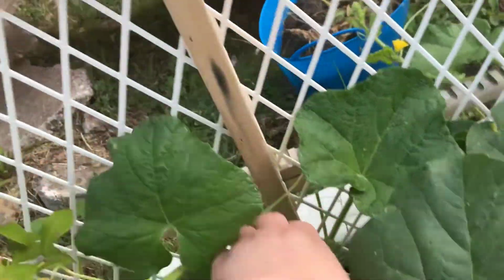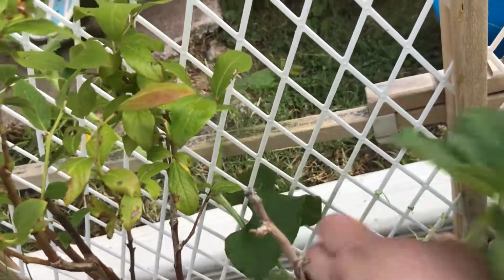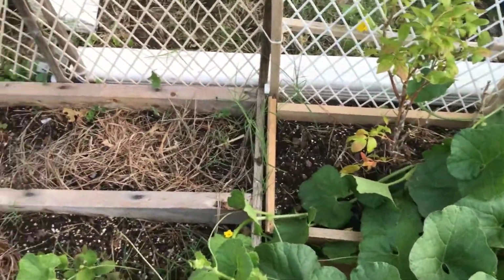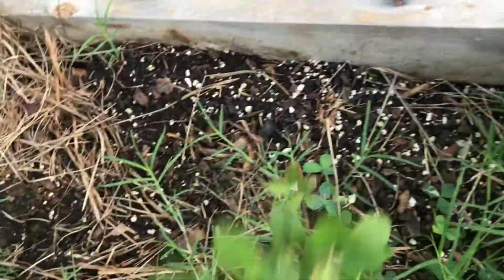But I'm actually gonna make them go down because I don't want them keeping this blueberry plant from getting sunlight. Yeah, you bully plant, trying to take all the sunlight away. Oh, good golly. Okay, so this blueberry plant,